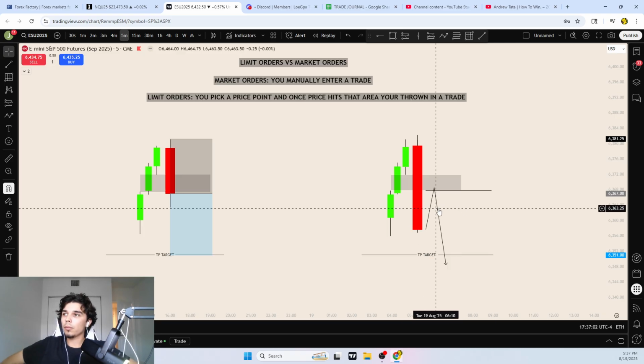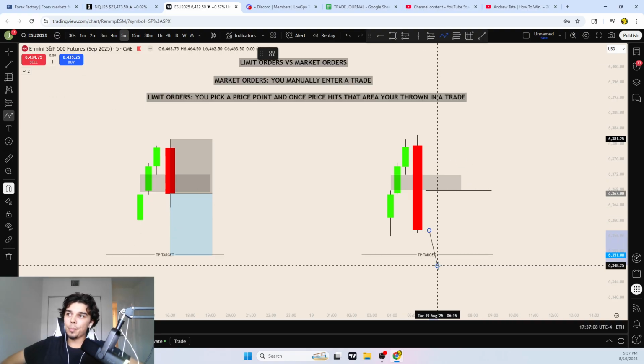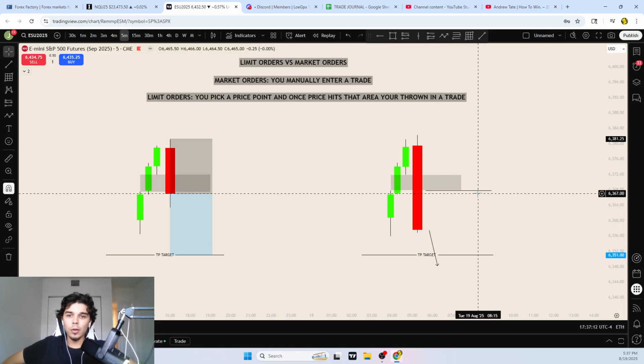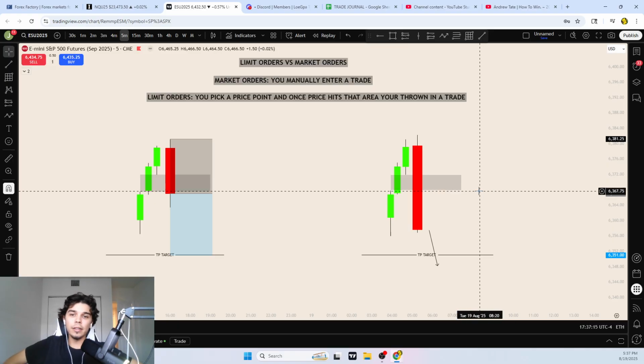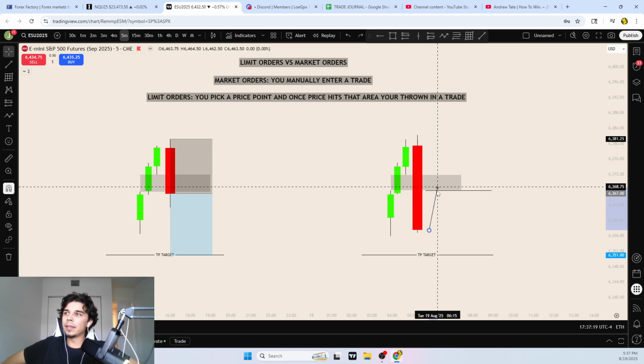So say price closes right here. Okay, cool. If it goes to our take profit first, then whatever, right? Price ran without us. It wasn't a good entry anyway, so we're just going to delete the limit order. It's that simple. But if price comes up and taps us into the order first, then boom, we're in an